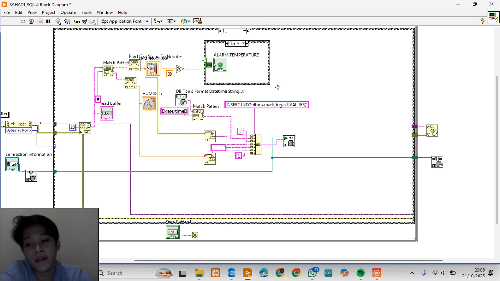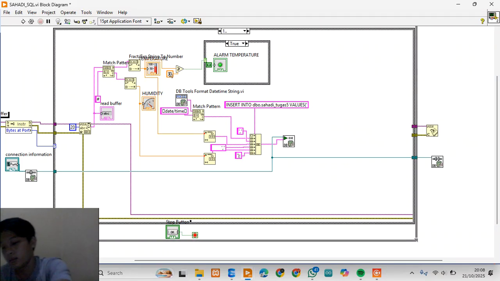Finish, and I'm going to take the data to write to the SQL database.